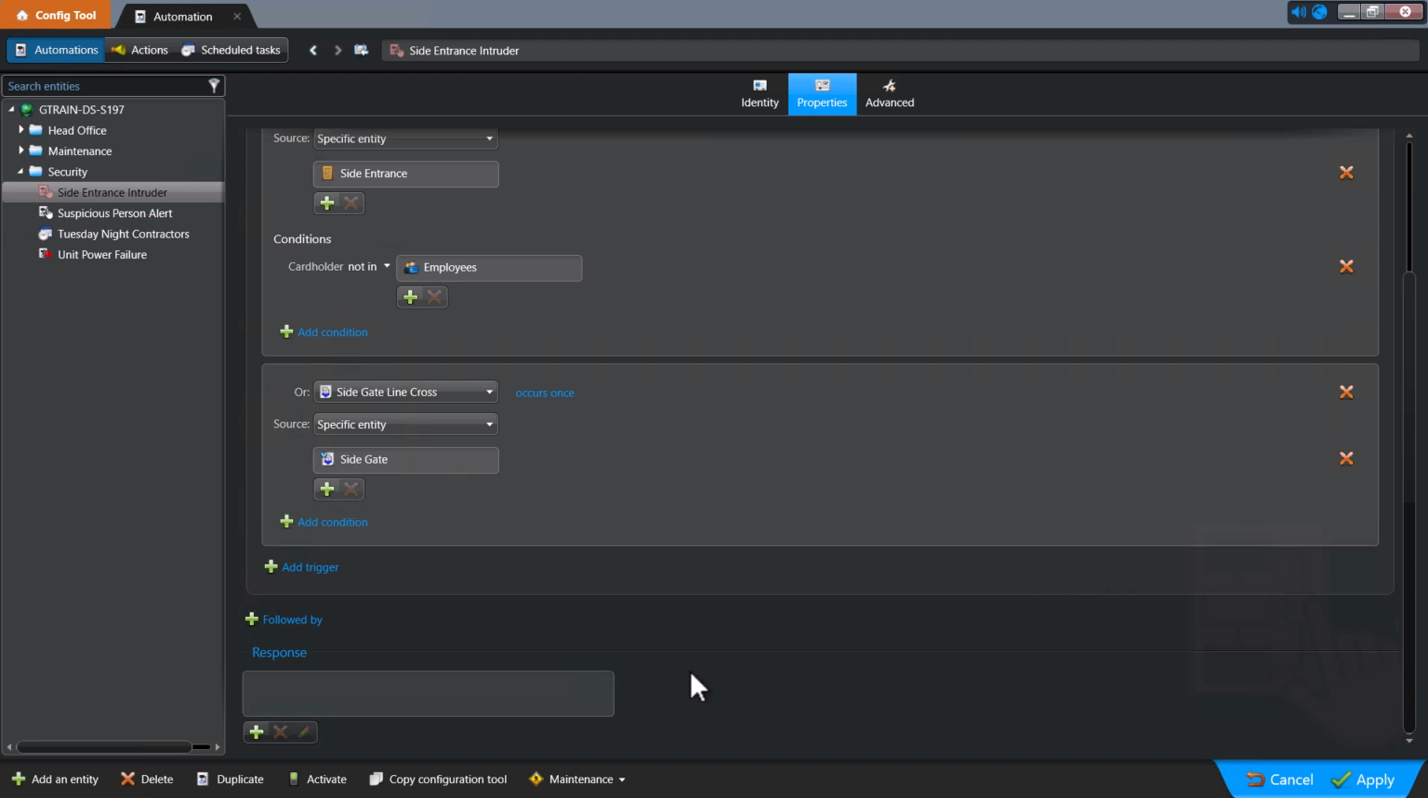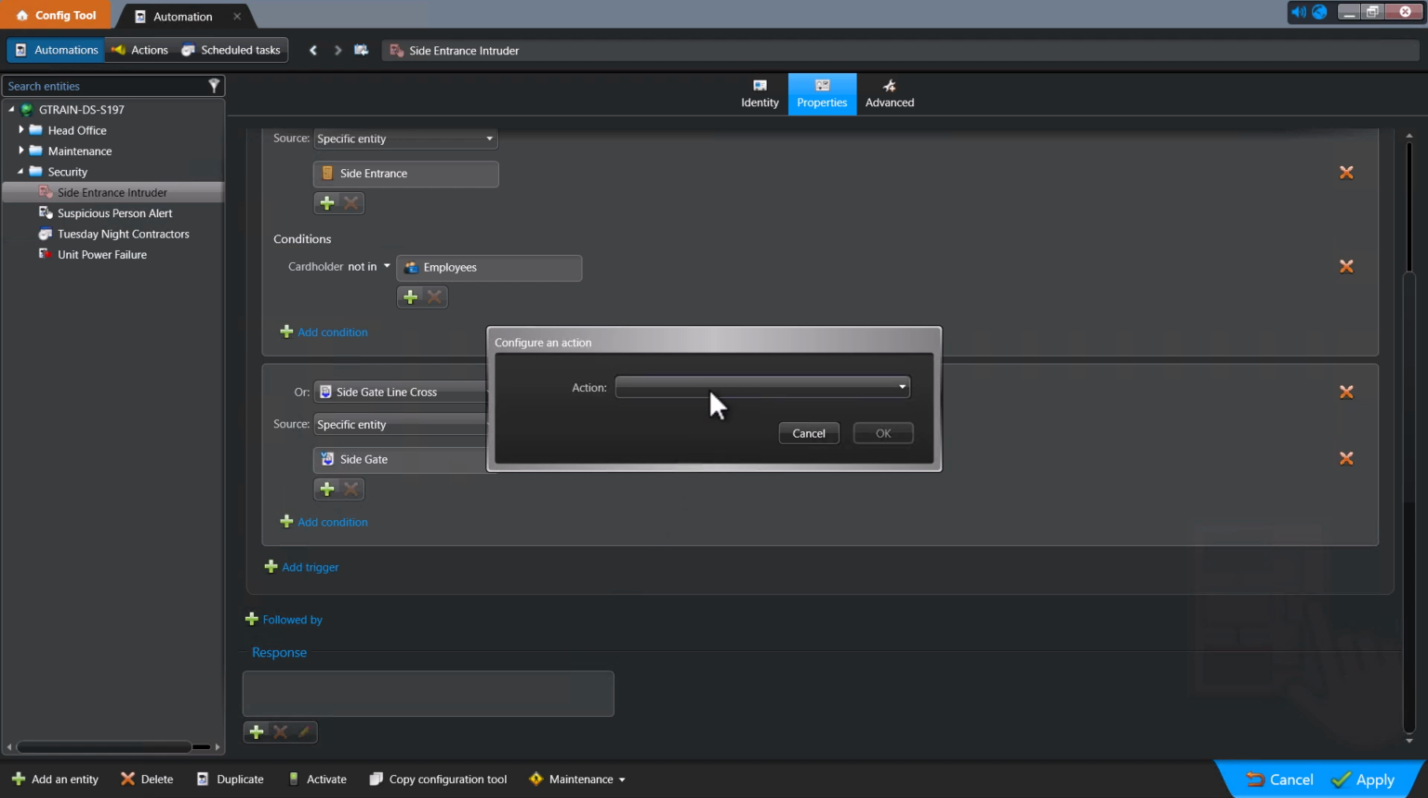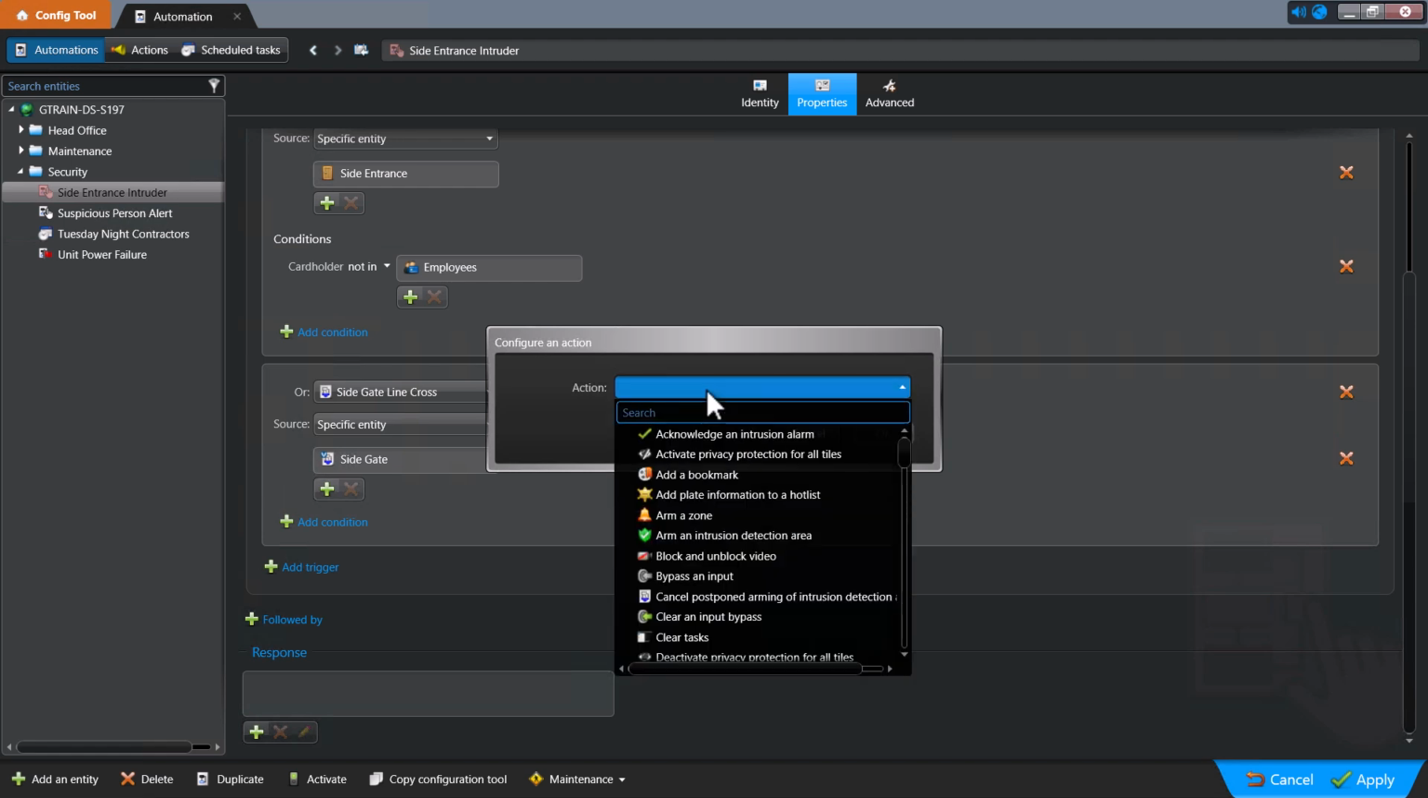Now that the triggers are set, we just need to add the response actions. These can be any of the actions in the system. The whole list is there. In our scenario here, how would we want the system to help us deal with this suspicious person? First of all, let's make the video easier to find later on, so we'll ask the system to add a